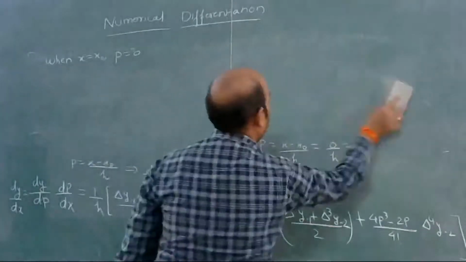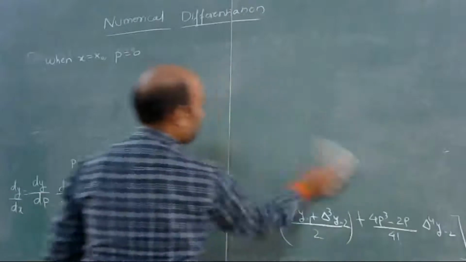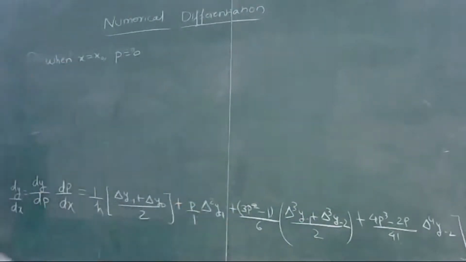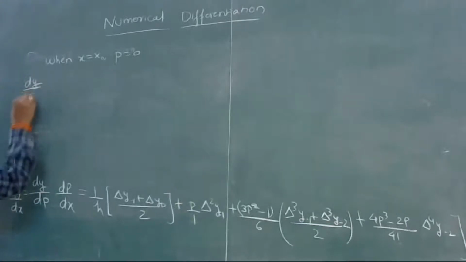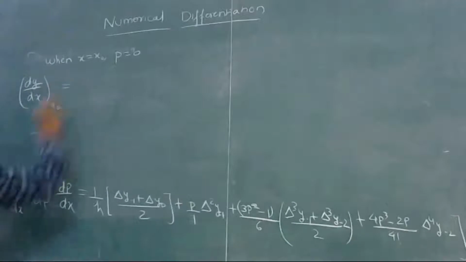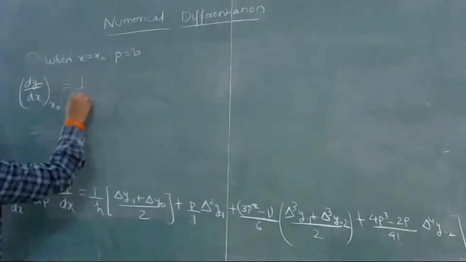Substituting x is equal to x₀, so p becomes 0 in this equation, so what we get, dy/dx